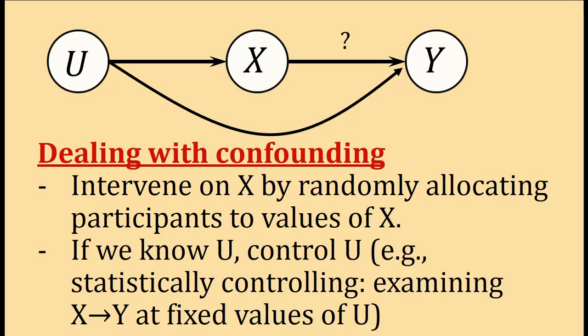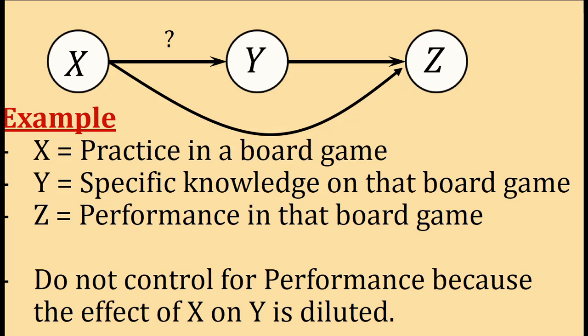So if you know the variable U and the values that participants obtain in that variable, then you can control U. And that's a statistical tool, which basically examines the relationship between X and Y at a fixed value of U. For example, in this case, we are trying to understand the relationship between X and Y, which is practice